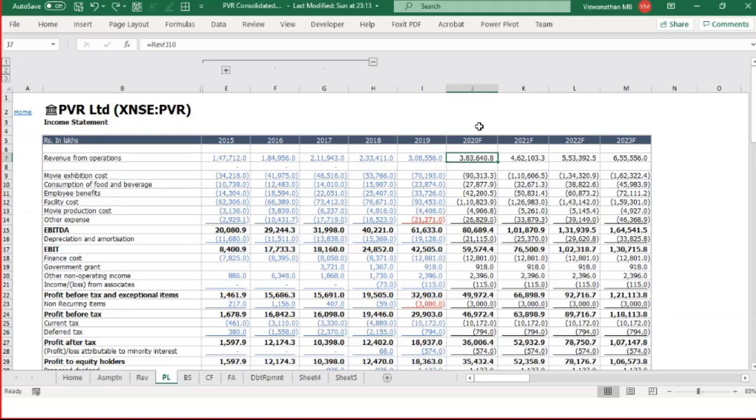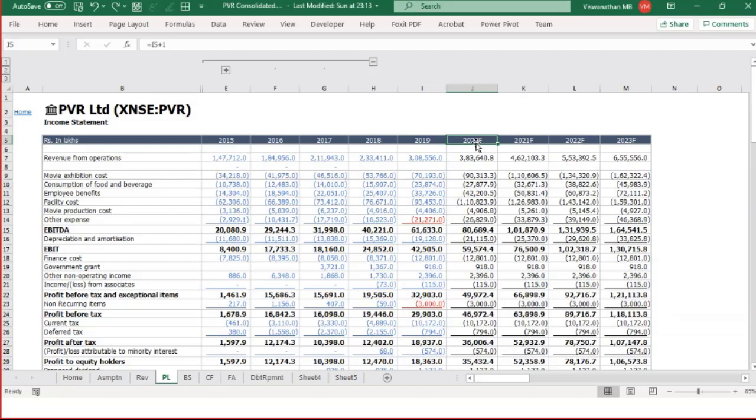The other problem that often leads to trouble later on, even when you're very careful in making financial models, happens on account of copy pasting. So for example, here I have my financial model with 2019 reported and 2020 as a forecast.